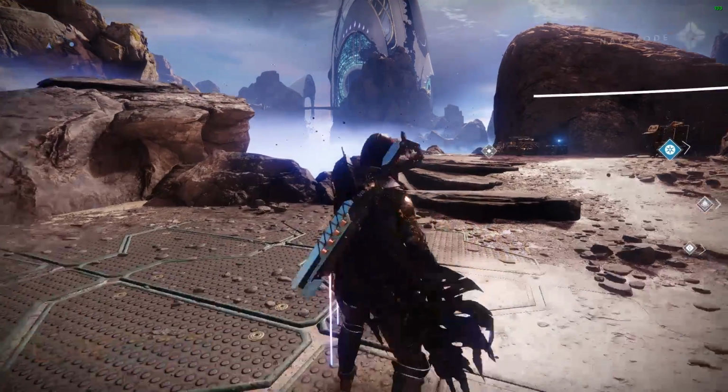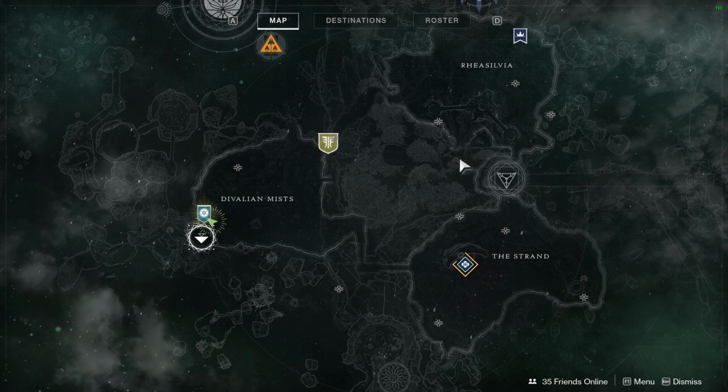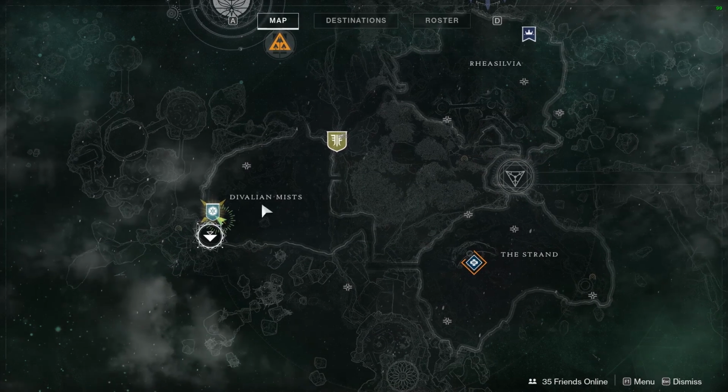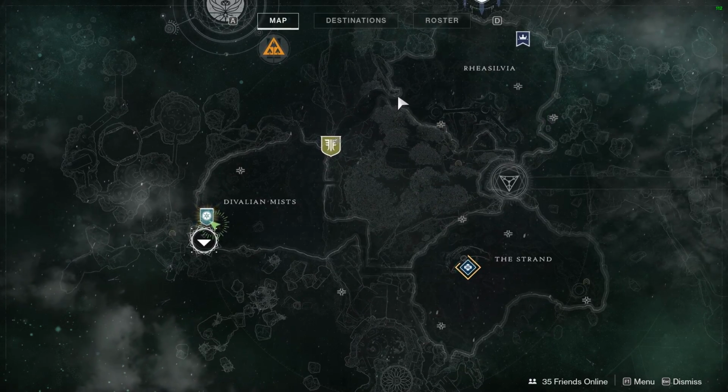We're going to go ahead and pick up the bounty from Petra's. She's going to be right there, and we're going to be heading over to the Chamber of Starlight. She's right there by the landing zone. You're going to go ahead and follow this path over to the Chamber of Starlight where the entrance is for